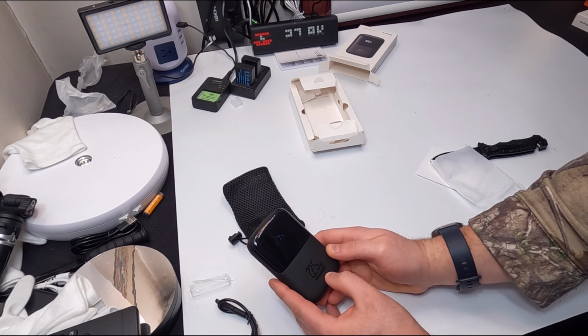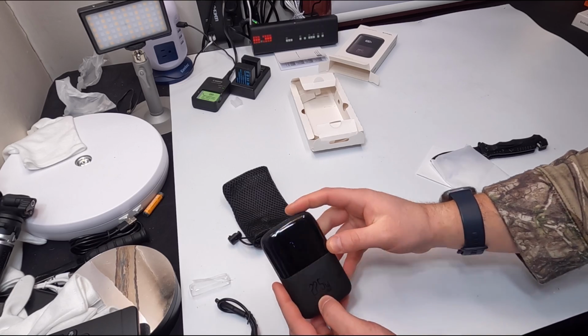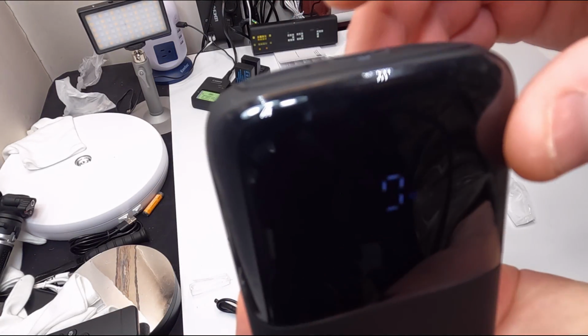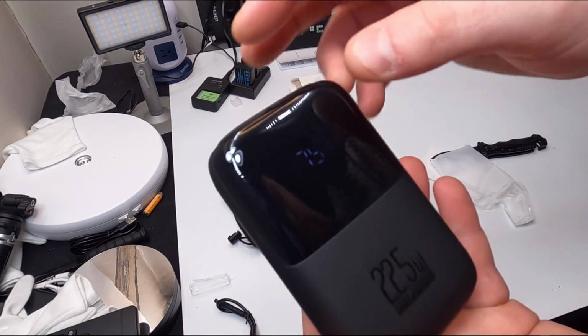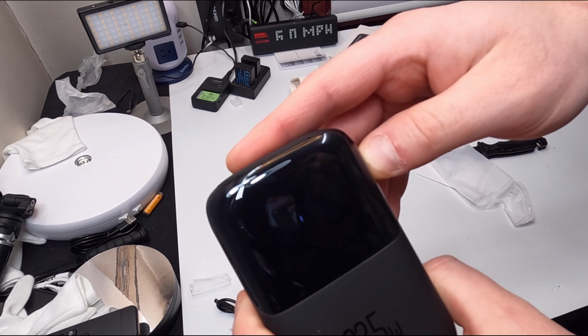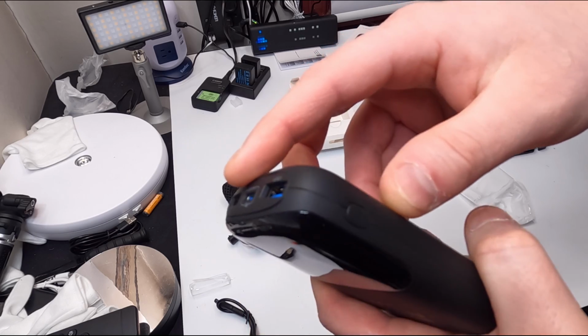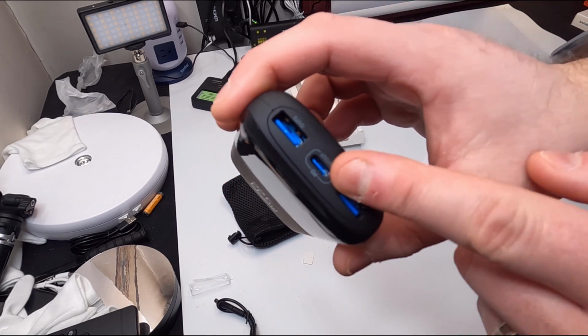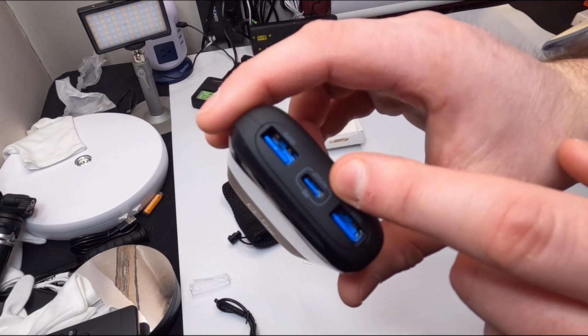22.5 watt fast charge designed. As you guys can see here, hopefully you can see, it says digitally. And that actually is really nice. Let's see if you press and hold this power on the side. So you got 2 USB ports, and then you have a Type-C which works as an